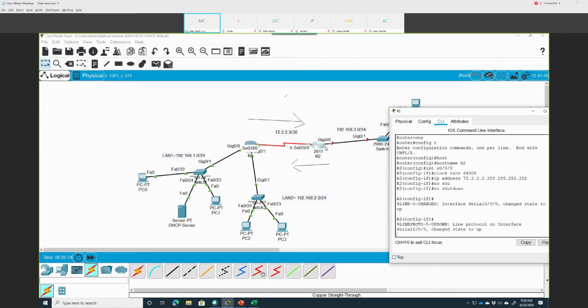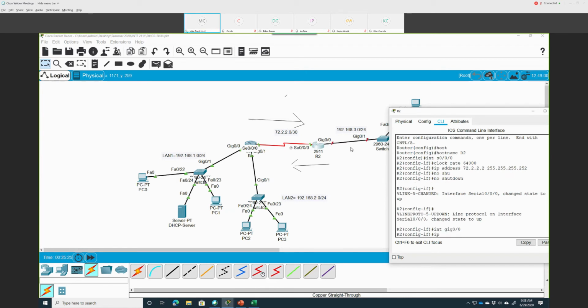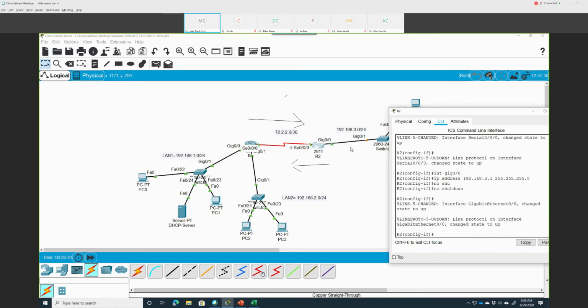Now we need to go and configure this guy here, a gigabit Ethernet. So interface gigabit 0/0, IP address 192.168.3.1, 255.255.255.0, no shutdown. Okay. So what we need to do